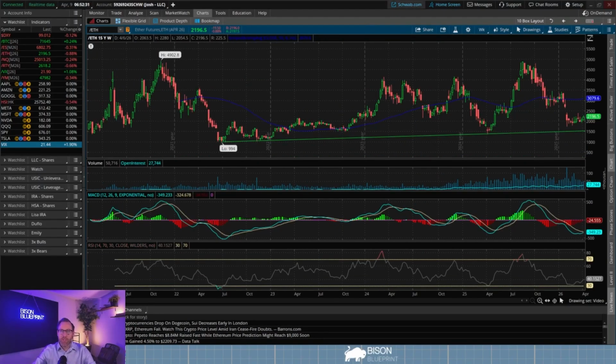Let's hop into another example with Ethereum. This shows us that trend lines can work on any instrument, cryptocurrencies, stocks. We're going to get into a couple other examples in this video too, but remember that every financial instrument that can be charted follows market structure. So here, when we look at the Ethereum chart, we go back to